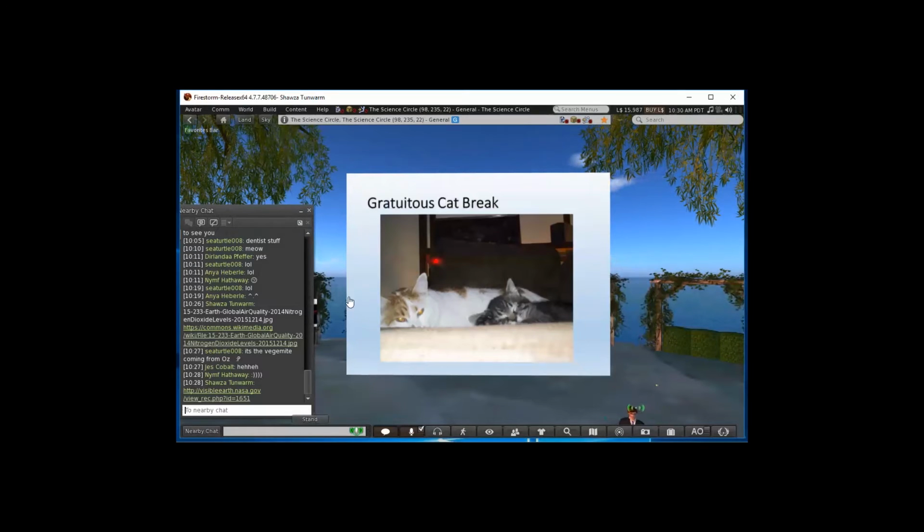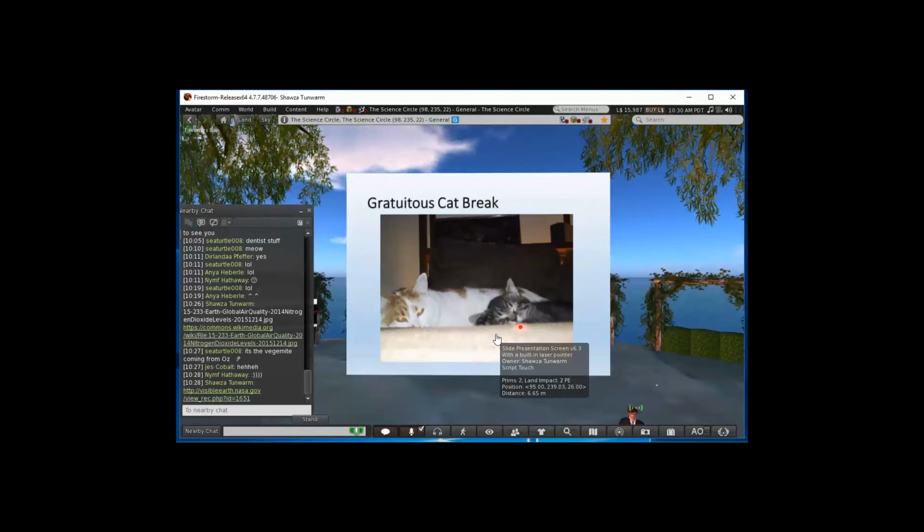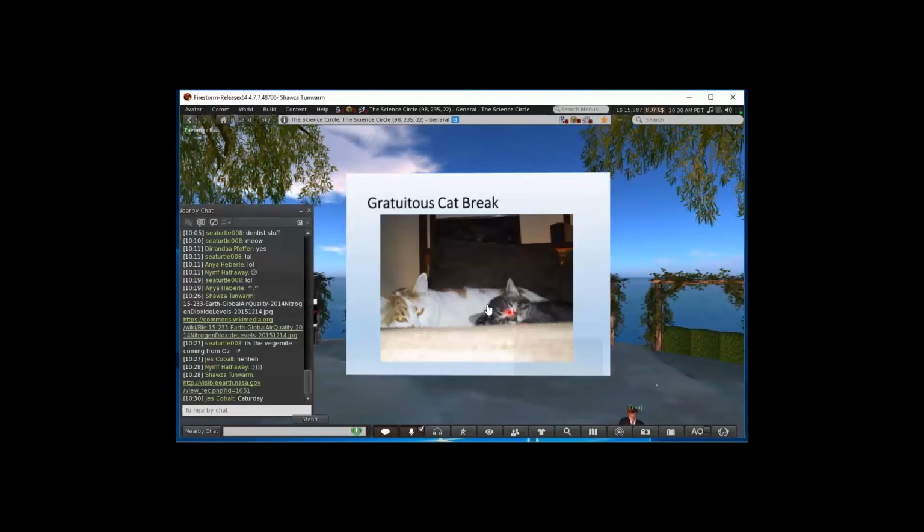So obviously, since we are communicating by internet, we do have to have a gratuitous cat break. This is Tori, and this was Sin. This was taken about 7 years ago, and Sin is much bigger now. He actually had to go to the vet this week. He's a little bit sick, but I think all is going to be well.